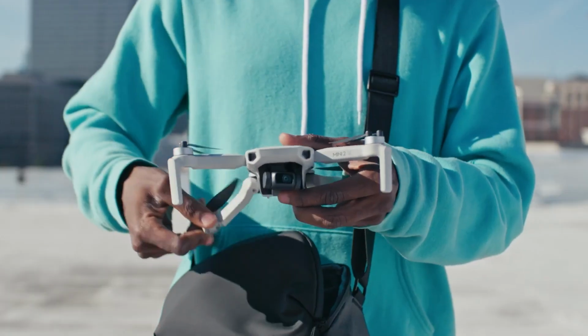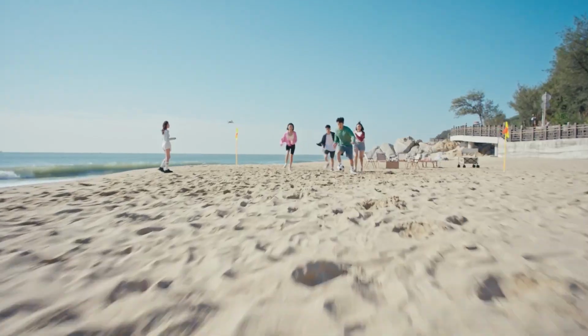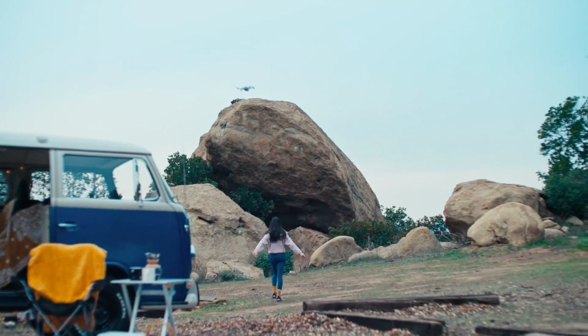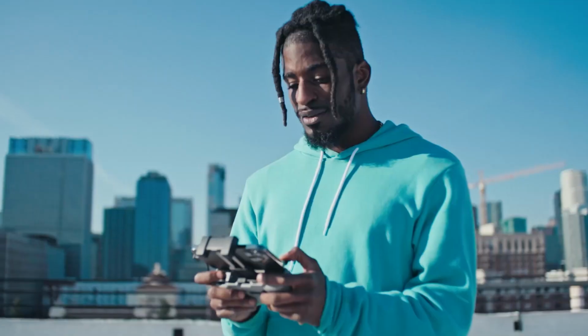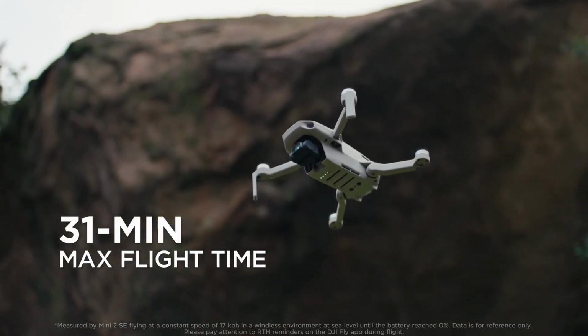Weighing in at just 249 grams, the Mini 2 SE is easy to carry on any adventure, making it the perfect companion for outdoor enthusiasts and travel aficionados. Equipped with a robust camera that captures stunning 12-megapixel stills and 2.7K video at 30 frames per second, the Mini 2 SE ensures that every moment can be documented in high quality, whether you're flying over breathtaking landscapes or capturing